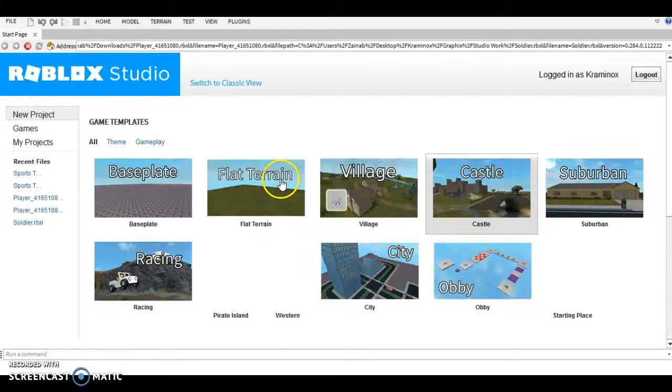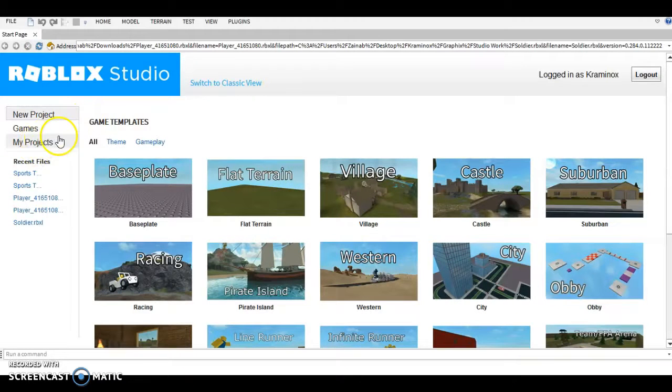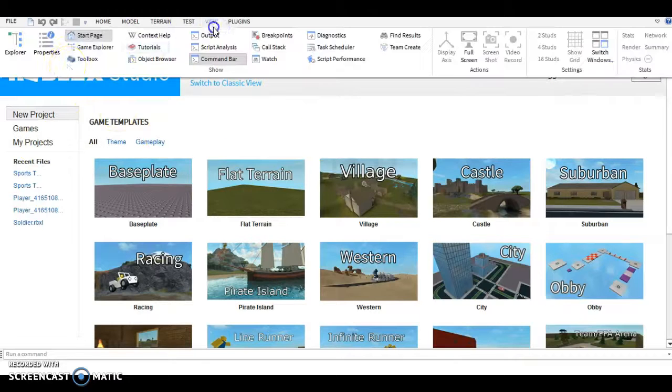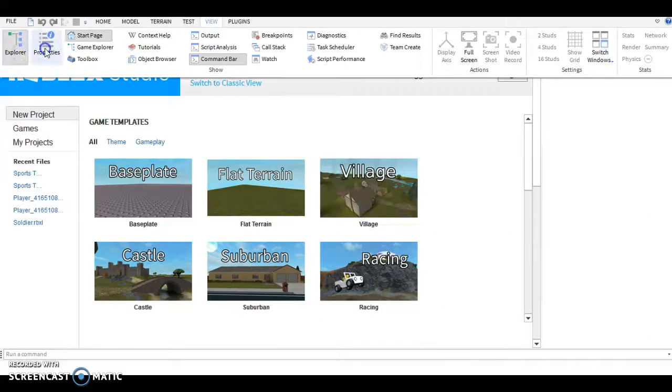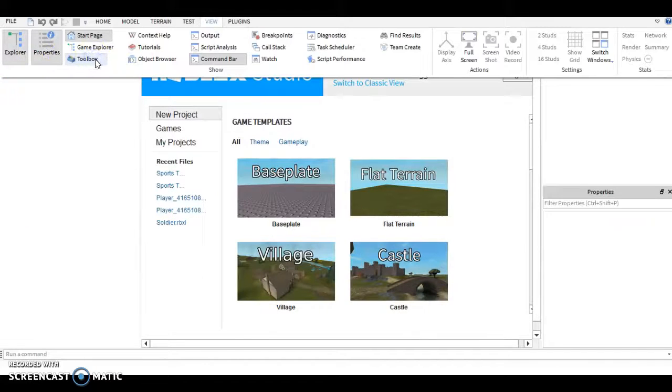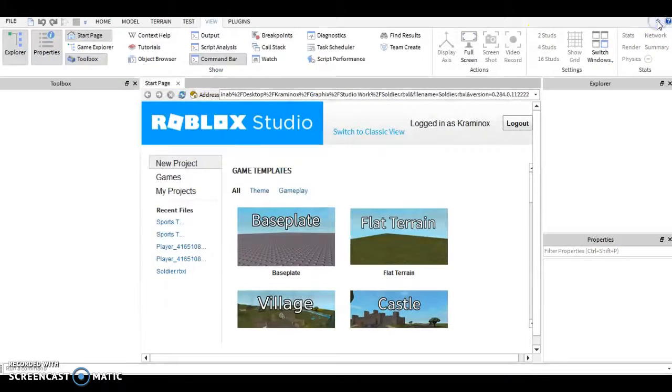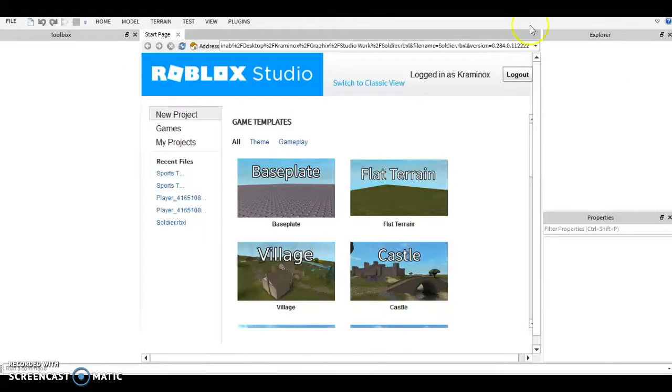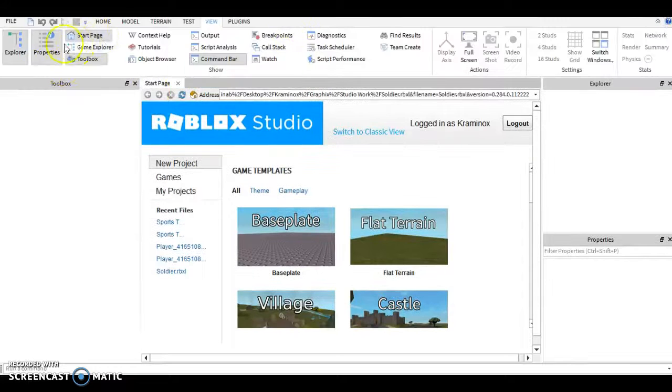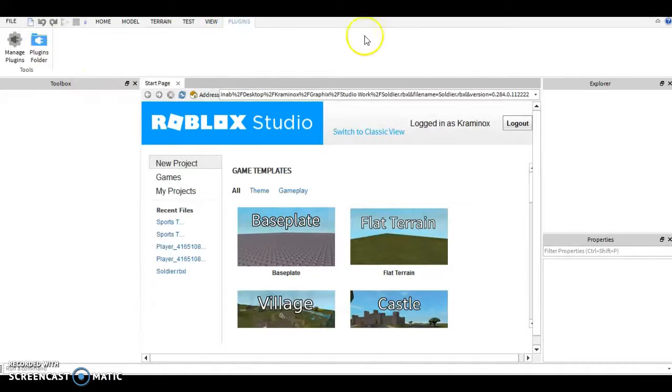So here's the menu, the page that you should have once you open Roblox Studio. If not, you guys should have Explorer and Properties and Toolbox open. It might be in different parts of your screen, but this is just mine. And I always like to hide this since it gets in the way of my studio. So anyways, I'll just keep that open for you guys, just for a little, so you guys can see the